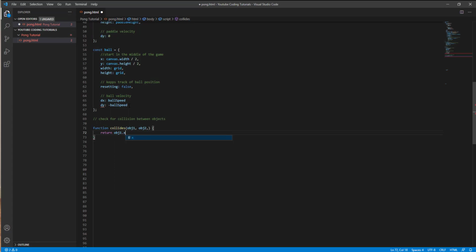obj1 dot x, and then we're going to go like this, and now we're going to go obj2 dot x plus obj2 dot width, and then two and symbols, so and then we'll go obj1 dot x plus obj1 dot width, and then we can close that, and then obj2 dot x and